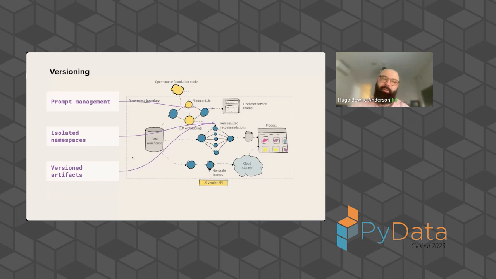Not obvious to me how this will play out. I mean, of course, we need to version our prompts and have prompt management. We need to have different and isolated namespaces so we can trace back and see what's happened where. We're generating a lot of artifacts that we need to version as well. And what I mean is, I'm not sure how this is going to play out. It's in the versioning story